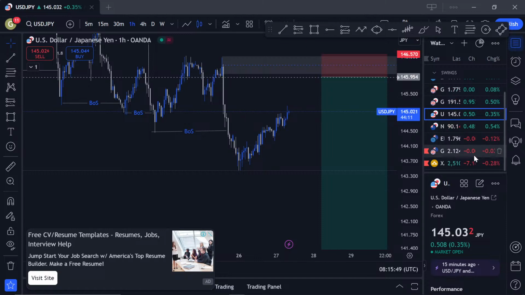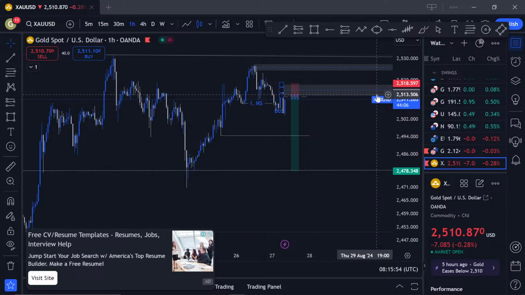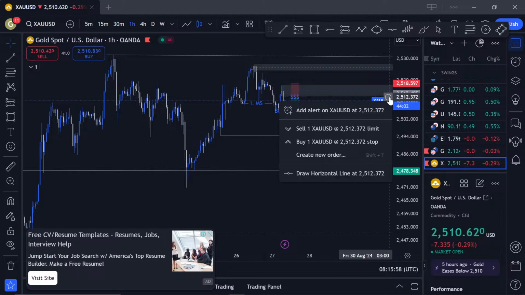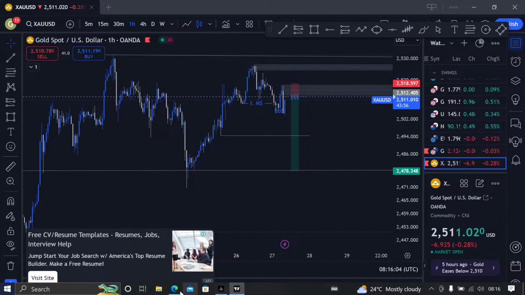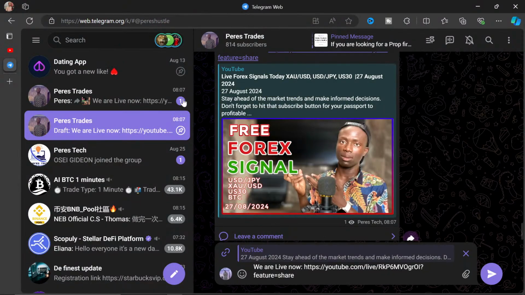I'm just going to set my alert there. I forgot to set my alert on gold, so let me also go and do that on gold. So gold is already getting closer to our entry. Add alert. So next up, let's actually move on to the next pair he requested for,